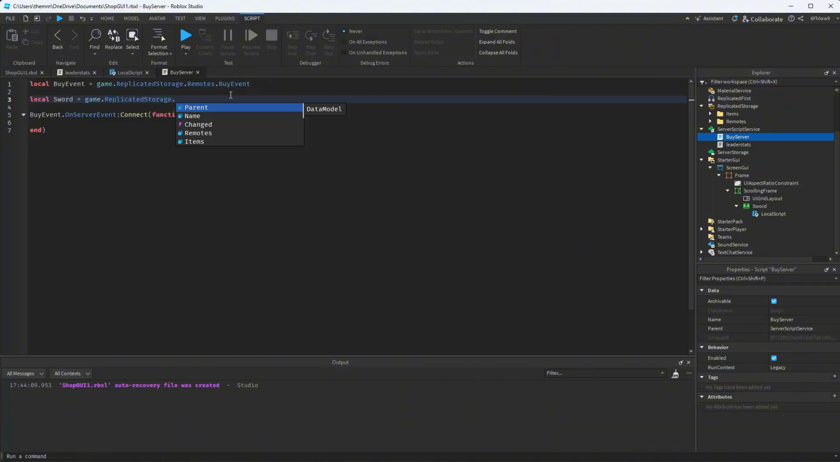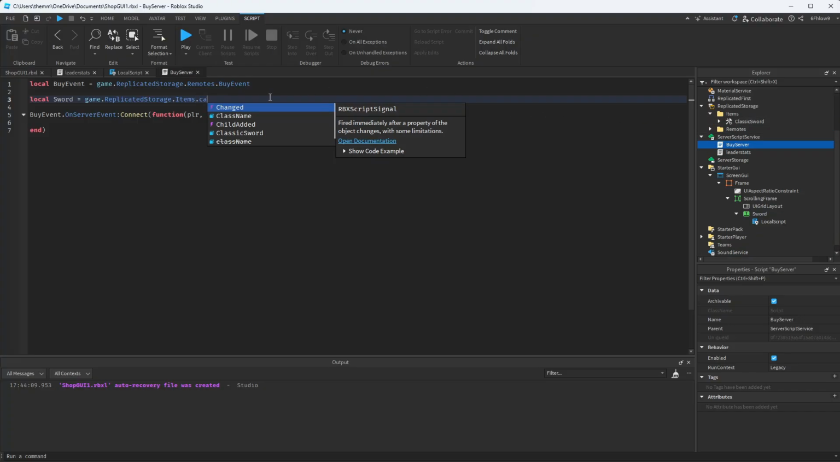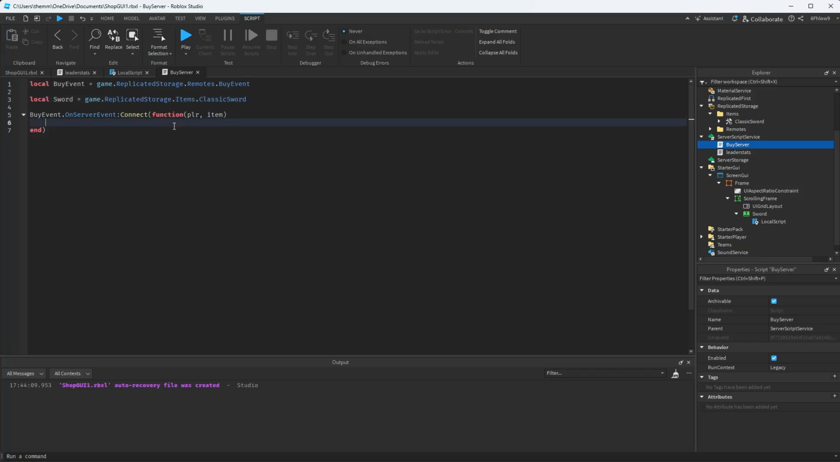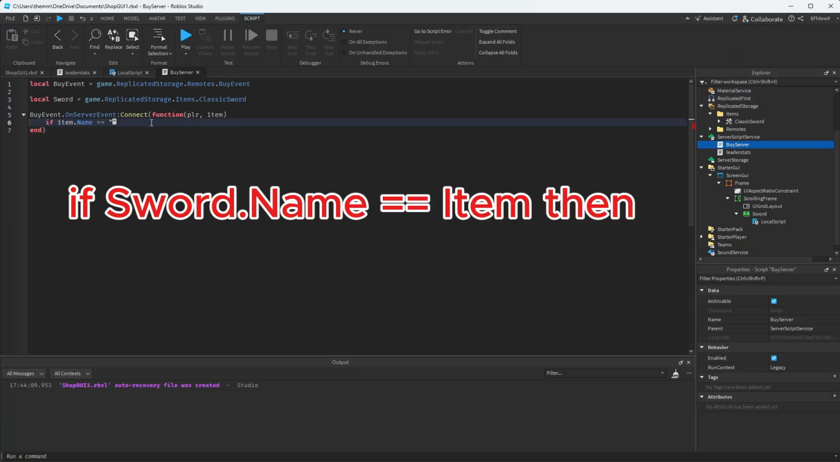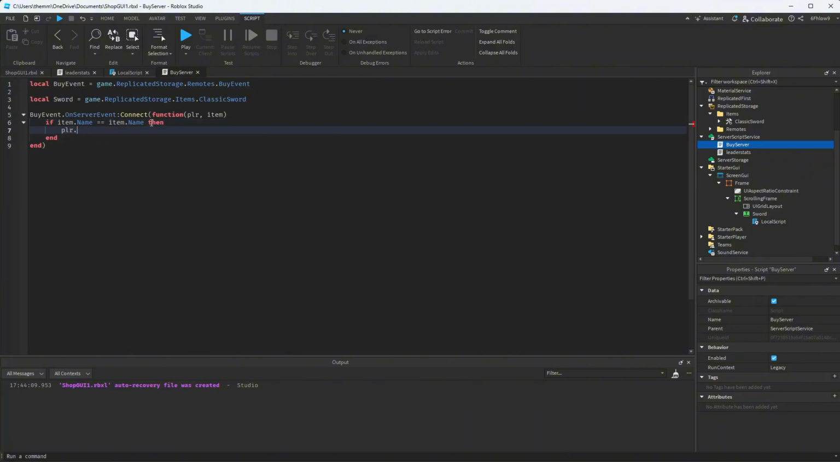And now inside of here we can reference that item, local sword, which is probably gonna be game.ReplicatedStorage.Items.ClassicSword, if it's even there. Let me just see. Classic sword. So now we're gonna say, oh no, actually what we want to say is if item.Name, which is basically sword or classic sword,